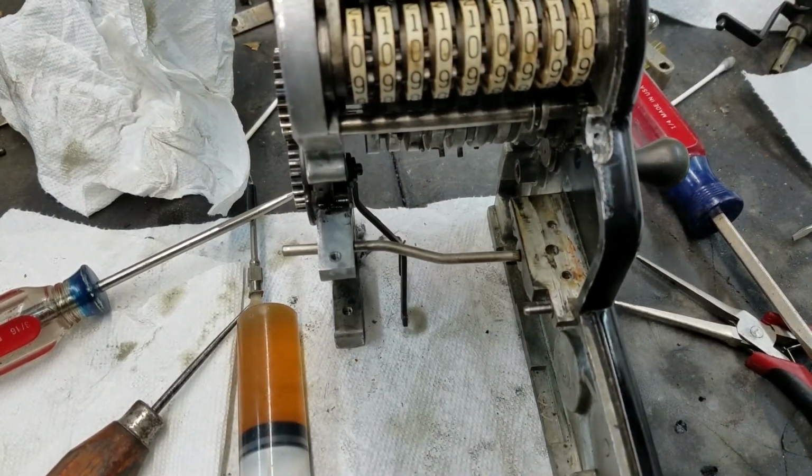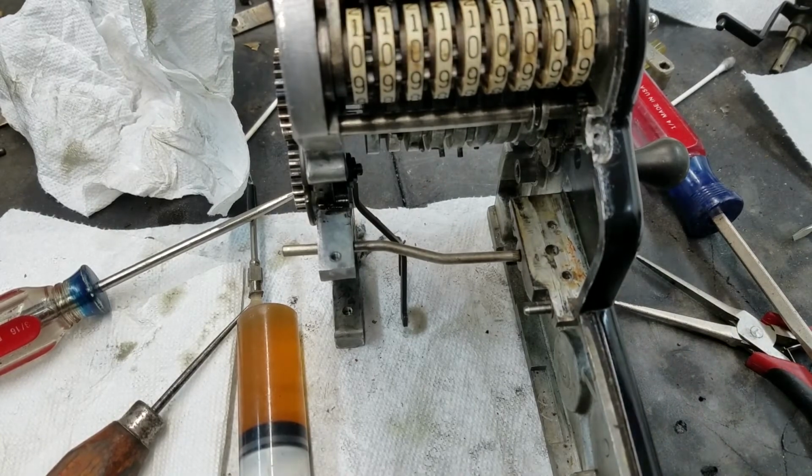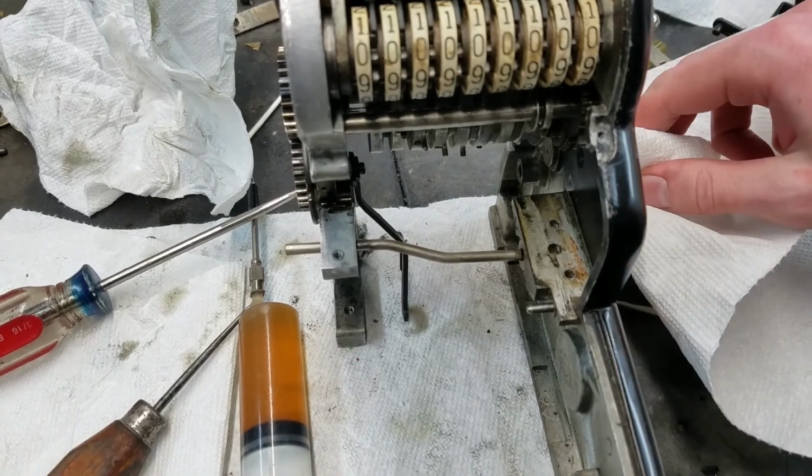Now on this drum, two of them were stuck, the ones in the very last column over here. So I just took a little file and filed the openings a little bit, rolled them back and forth, and got them pretty loose. And you can check if you...